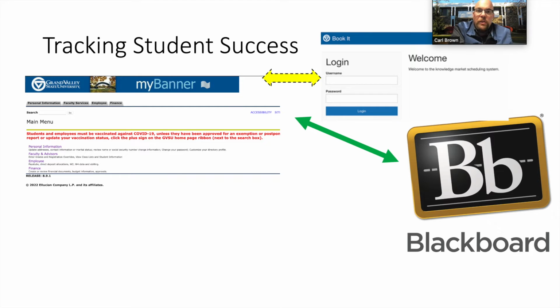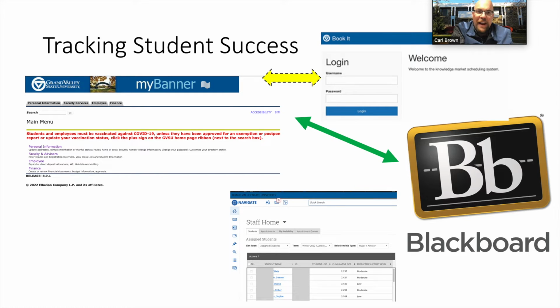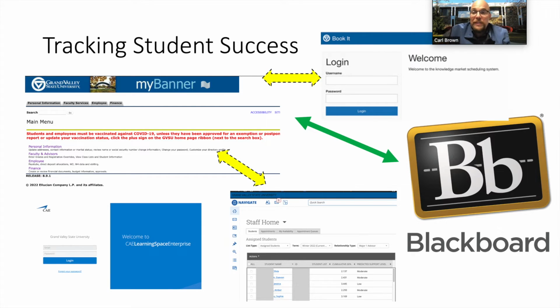Similarly, we have another program we use on campus known as Navigate. You may use this one, but this is used by, for example, our advising centers and counseling center. Now, it does an okay job too. There's some privacy barriers that prevent full communication between these two systems. Then, as I was preparing for today, I found that our nursing programs use CAE. I don't even know how that works.